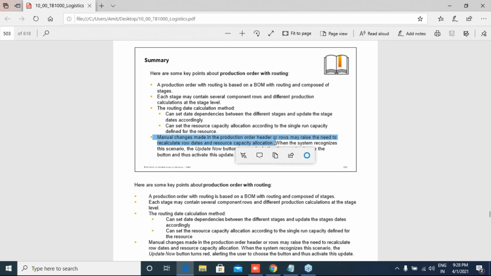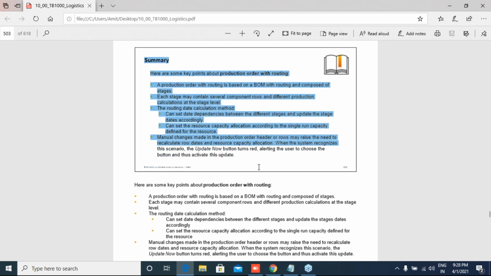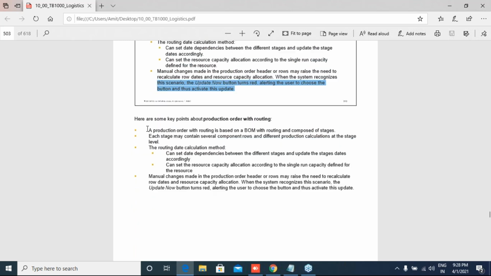If you make any changes in the production order manually, then you have to change your resources accordingly. You have to click on the update button, then this date calculation comes automatically. In this scenario, the update now button turns red, alerting the user to choose the button and thus activate this update.